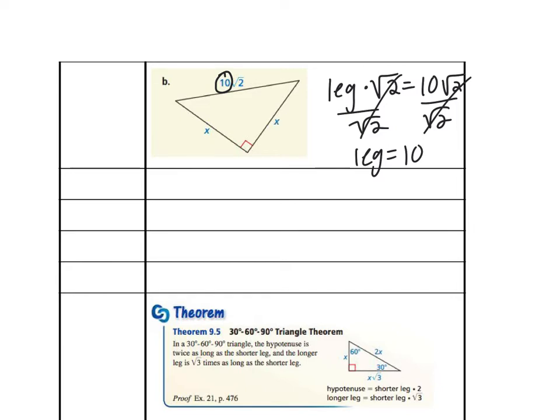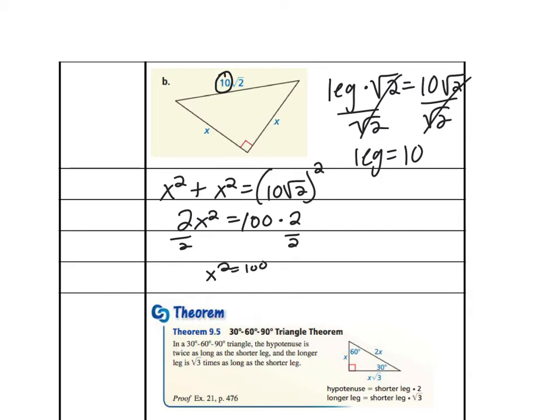If I show you how to do it with the Pythagorean theorem, we would say x squared plus x squared, because a and b are the same value. So x squared plus x squared equals 10 times the square root of 2, squared. That's our c squared. So we have 2 times x squared has to equal, remember we're just squaring what's inside separately. So 10 squared would be 100. Square root of 2 squared would just be 2. So we have 2x squared equals 200. If I divide both sides by 2, I'm left with x squared equals 100,